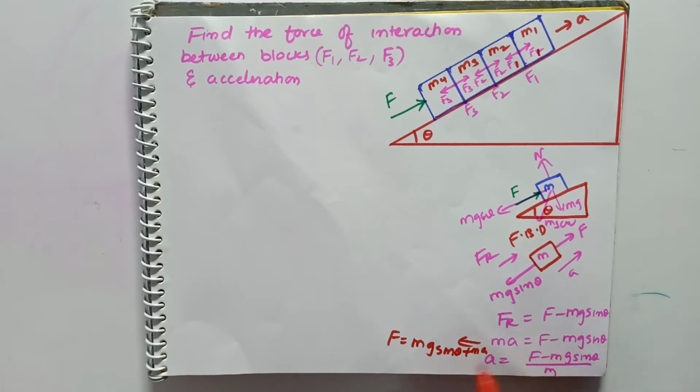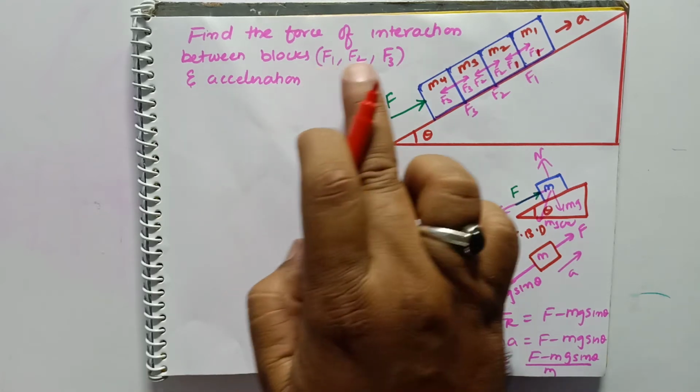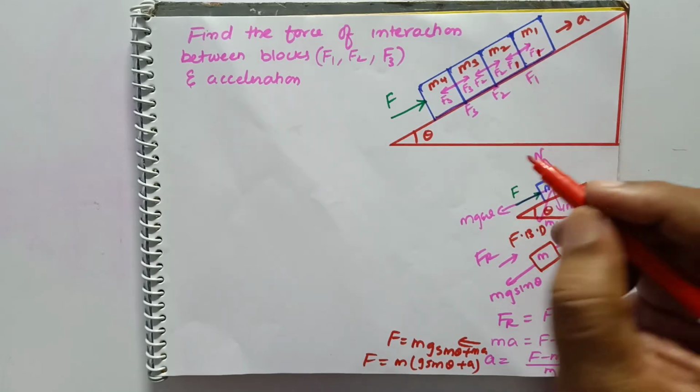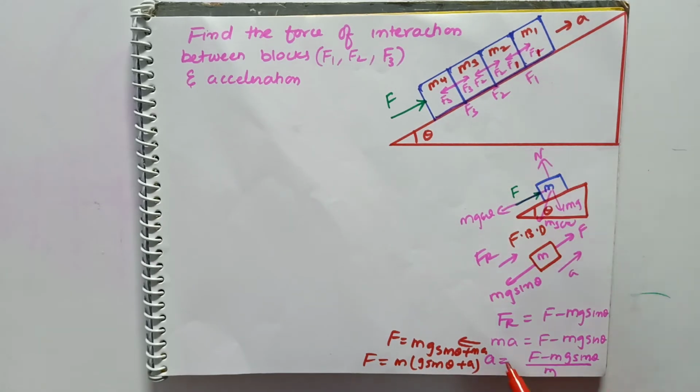This mg sine theta comes to the left side. Therefore, you can write capital F is equal to m, and if you take m common, this is going to become g sine theta plus a. So this is capital F here. Now he is asking us to find out f1, f2, f3. In between these two blocks it is f1. So let us find out,